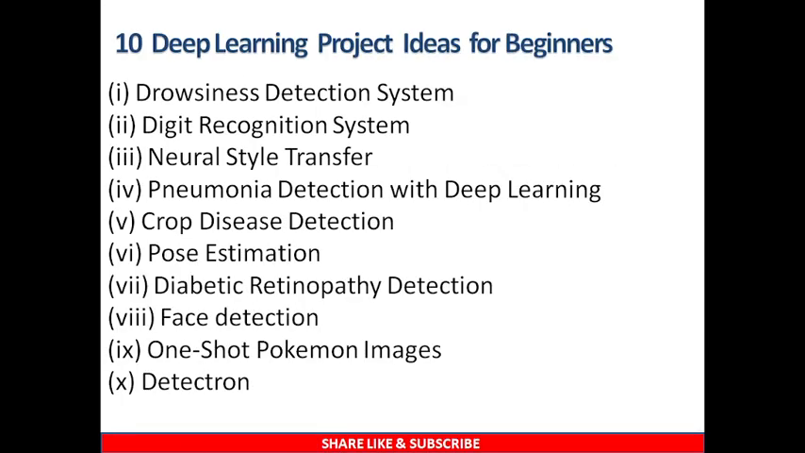Some of the project ideas which I would like to give to beginner students or research scholars: the drowsiness detection system, which is used to find out whether a person is sleepy or not, with his facial expressions and eye contact. Digit recognition, where we can predict numbers in written form and convert them to digital form. And neural style transfer, pneumonia detection with deep learning, crop disease detection, pose estimation, diabetic retinopathy detection, face detection,